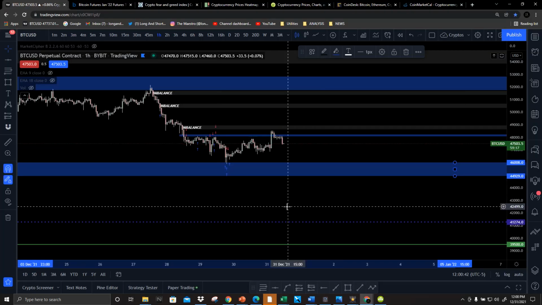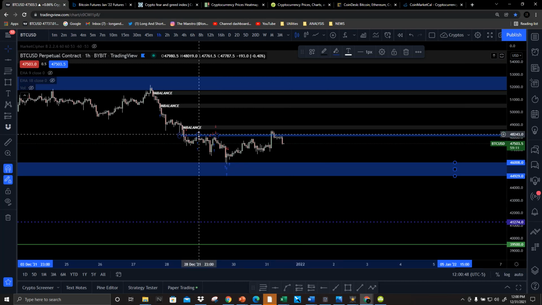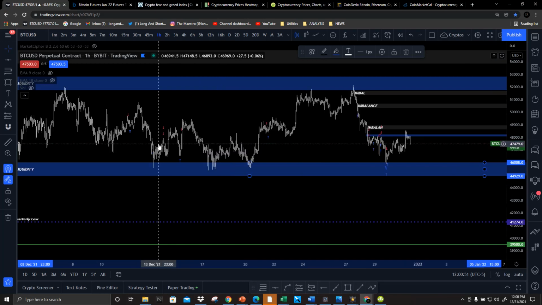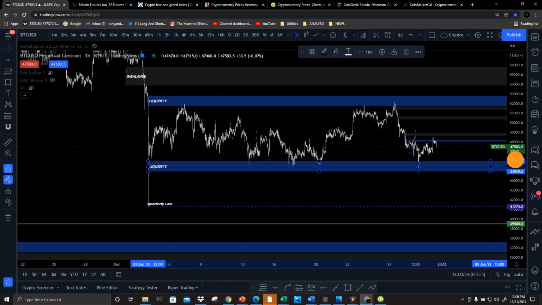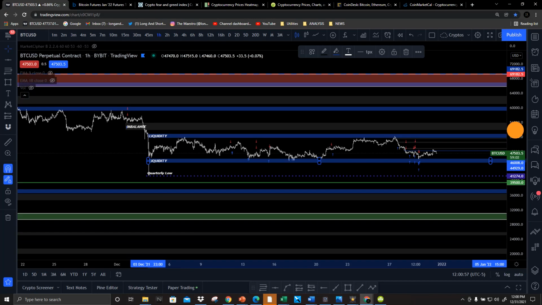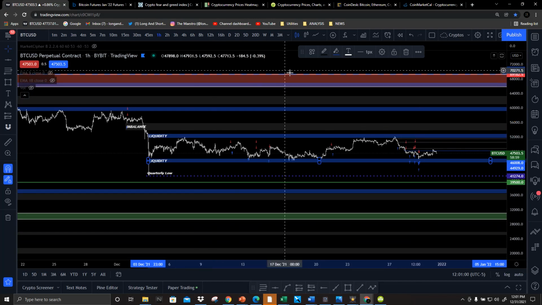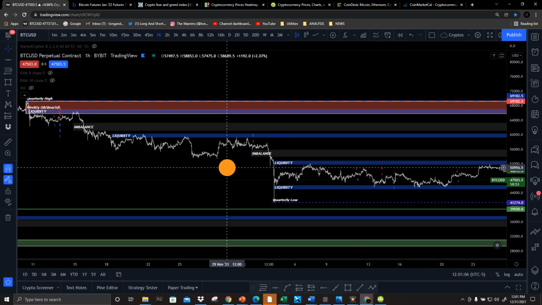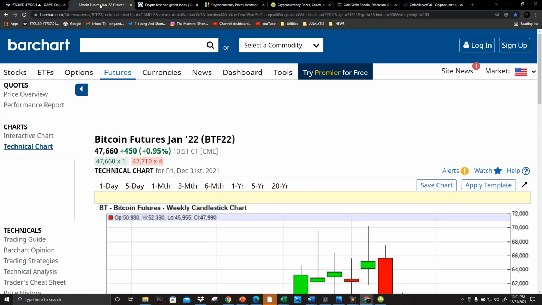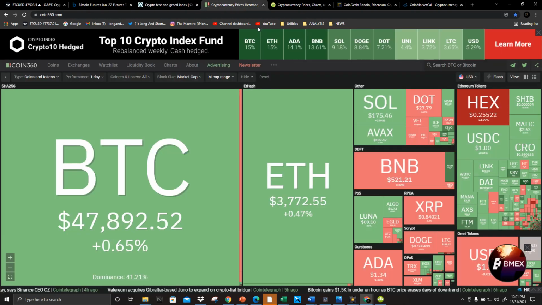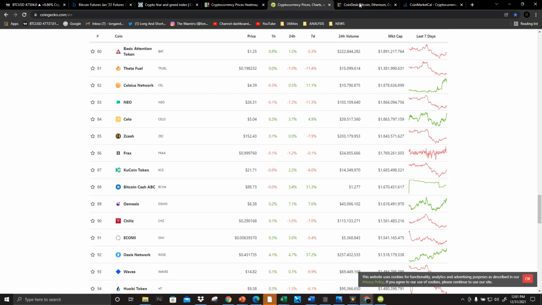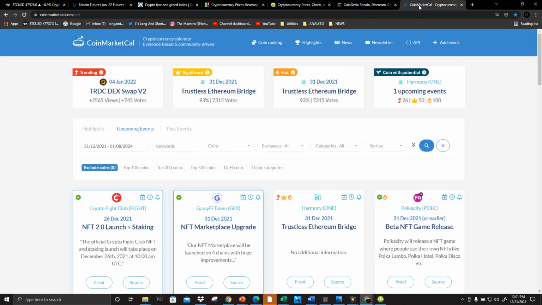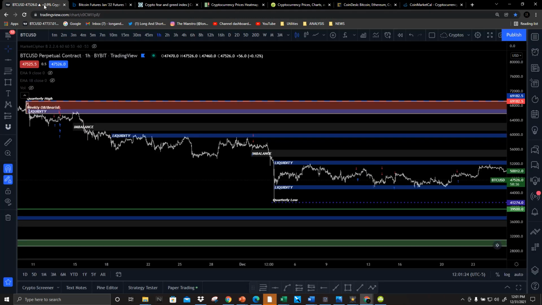So if you value this type of content, if you think that this will help you become a better trader, once we start to dive into what imbalance and liquidity are, right? Order blocks, breaker blocks, swing lows, swing highs, why it all matters, right? Once we dive into how I mark up charts and analyze levels and identify levels from higher time frames to lower time frames, how I take the information on bar chart, the fear and greed index and the heat map, the top 100, the news, and then the upcoming roadmap, how you take all of that and apply it back to here. If you're interested in learning how to do this,